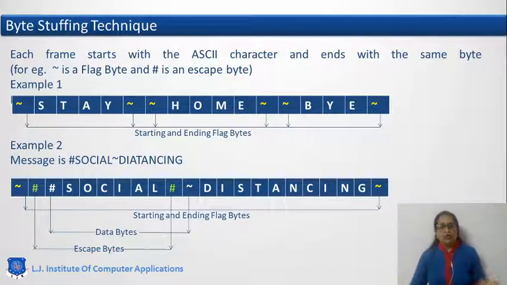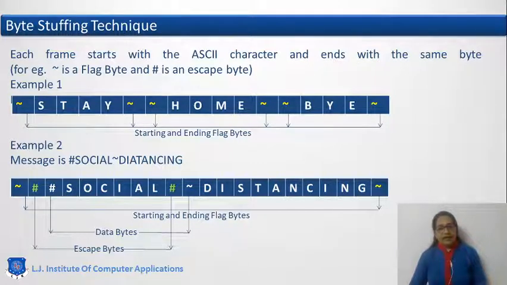So before all the frames, we are inserting an extra byte, say a flag byte, as a tail. We can take any byte character, any flag character. Here we are using the tilde sign, because most devices use it. So tilde at the start, tilde at the end, and the same way for the second and third frames.